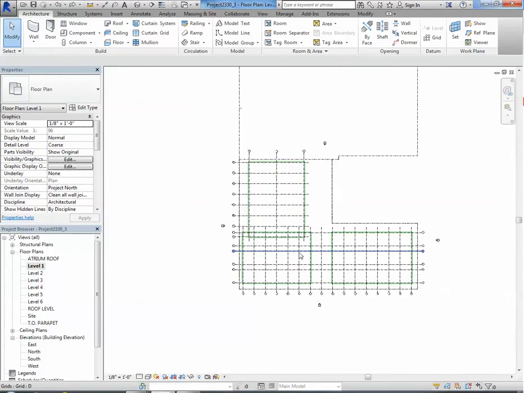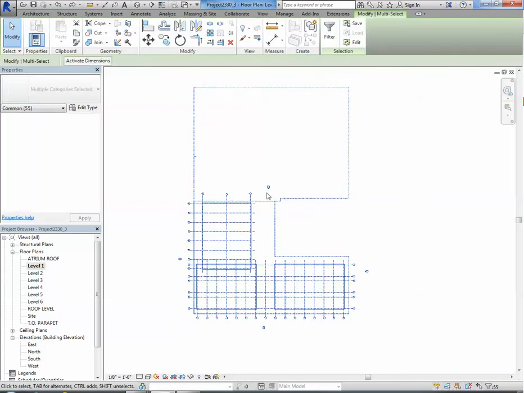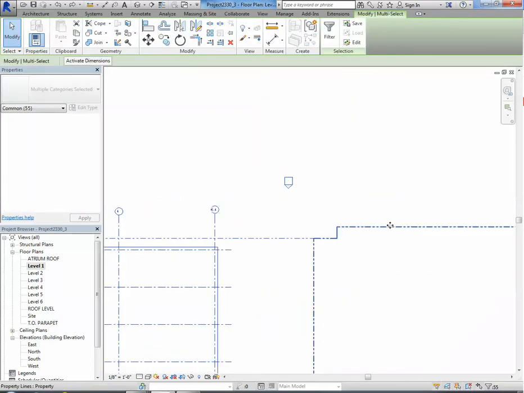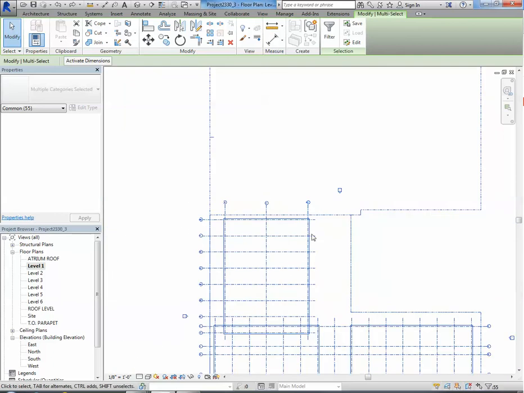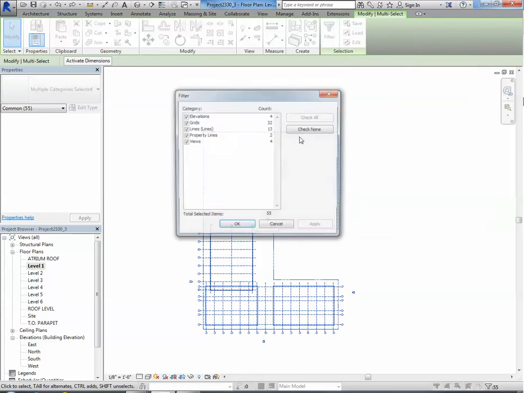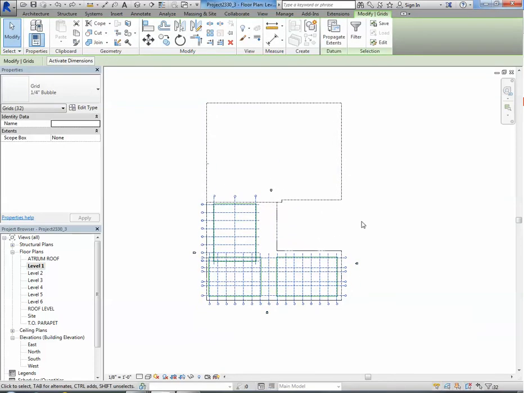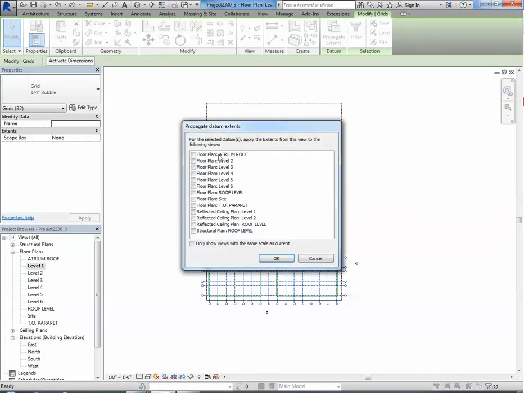Okay, so at this point there's a way of filtering the selection. So now if I select the whole thing, I have elevation marks, property lines, grids, I have other types of lines. So there's a way when you select many things to deselect things with a filter. You press filter, you can check and uncheck. I like to do check none and then check what I want, which is grids. And then there's an option here in order to propagate the grids, meaning that all these grid lines will be extended to other levels. So you just propagate, select all the views,